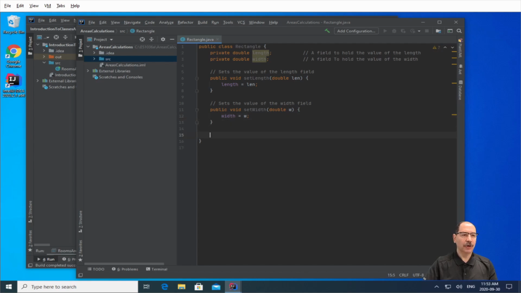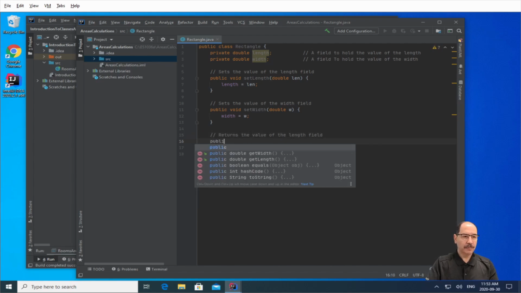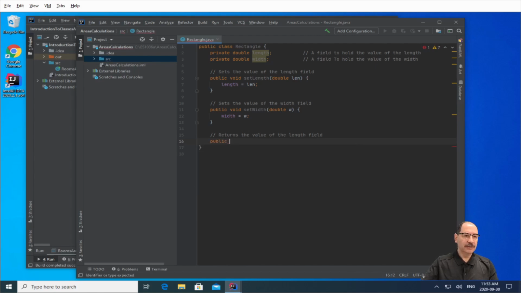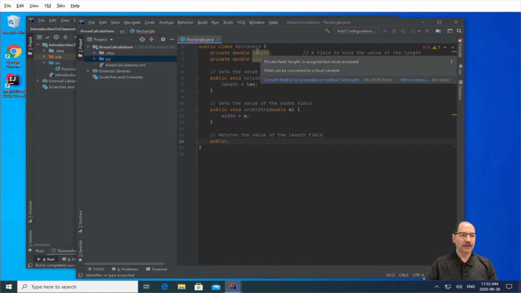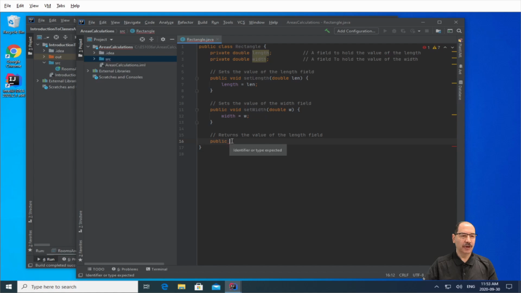Now we need to have another method to get the value of the length. We need to define a method to return the value of the length. Again, it should be public, and since it returns a value, we need to determine the type of this return. It should return the value of the length, and the type of the length is double. Here we need to write double,